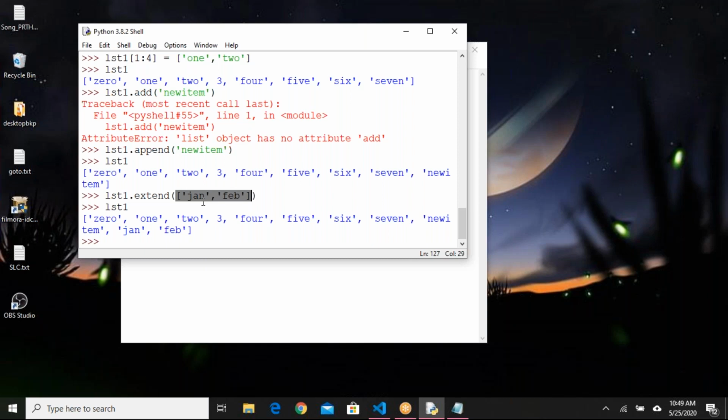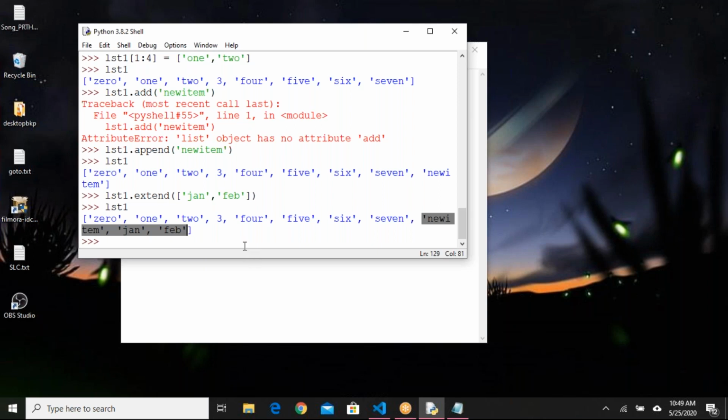Okay, when I am appending some value or extending, if you see, those elements are getting added at the end of the list.